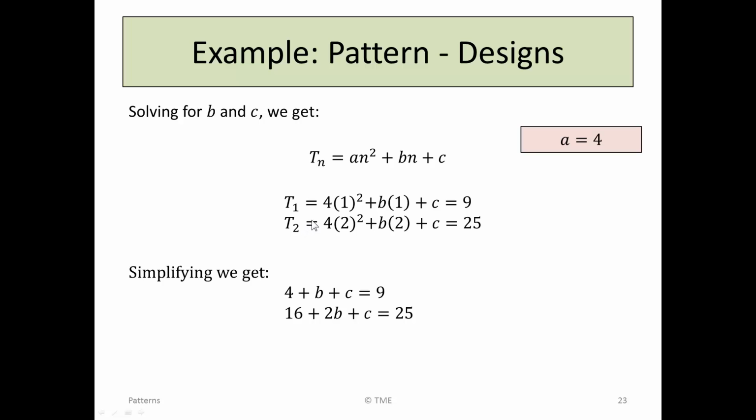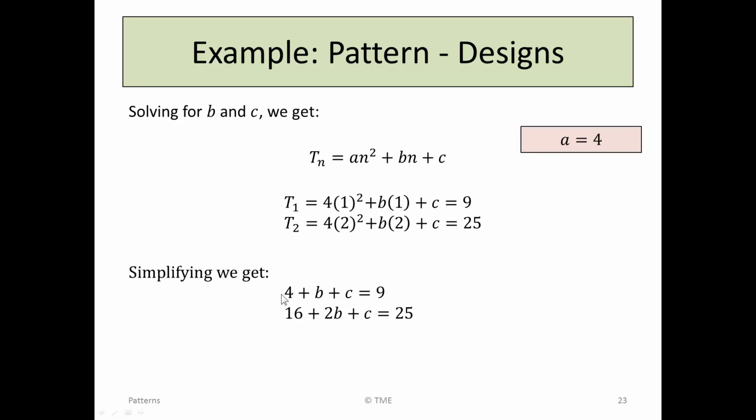But really, because we have an equals here and an equals here, we can forget about the t1s and the t2s, and we have equations now in b and c with numbers. So simplifying, we get 4 times 1 squared, plus b times 1 is just b, plus c, or 4 plus b plus c is 9. In the second term, we get 4 times 2 squared, that's 2 by 2 is 4, 4 by 4 is 16, 2b is 2b, and the c, so we get 16 plus 2b plus c is